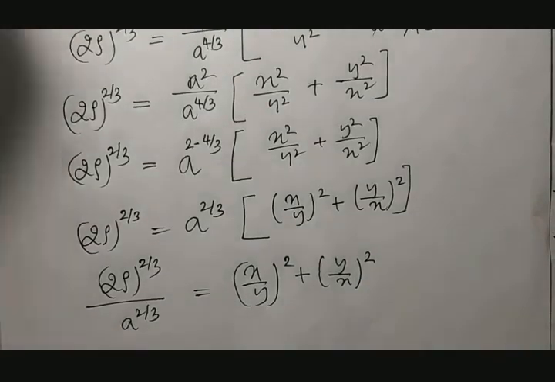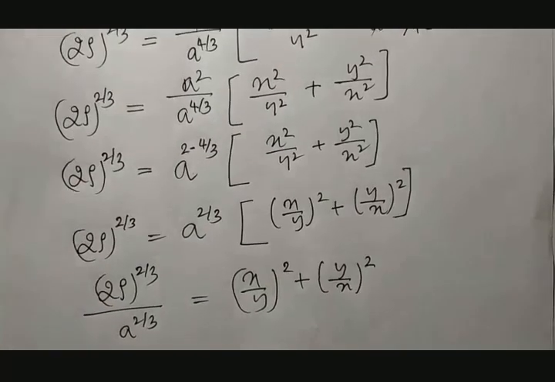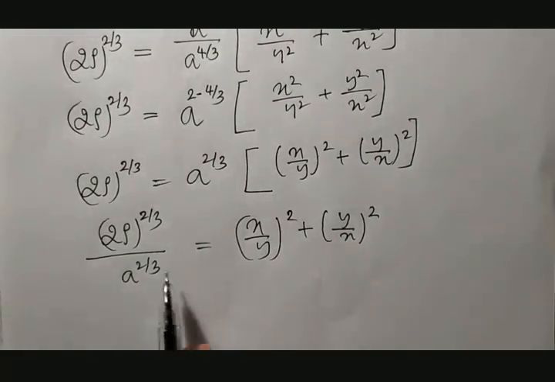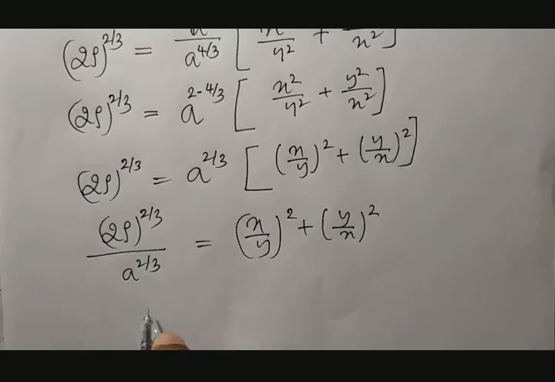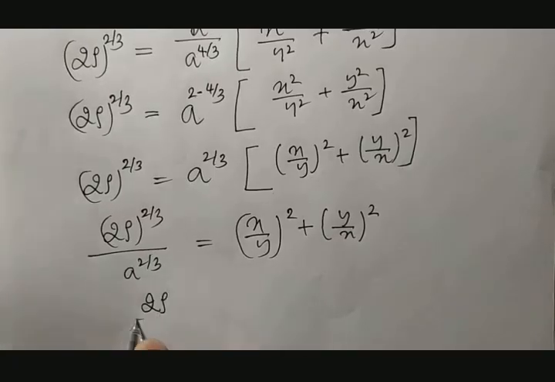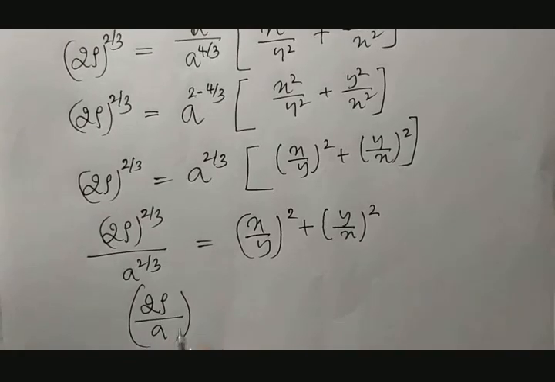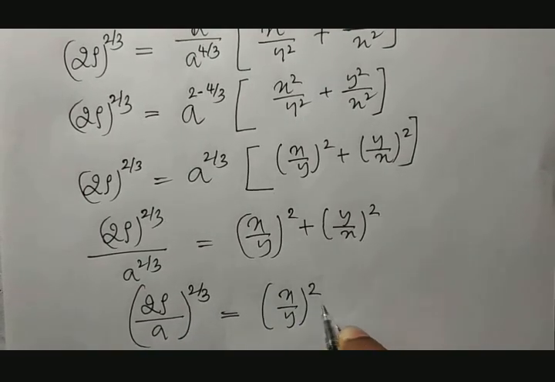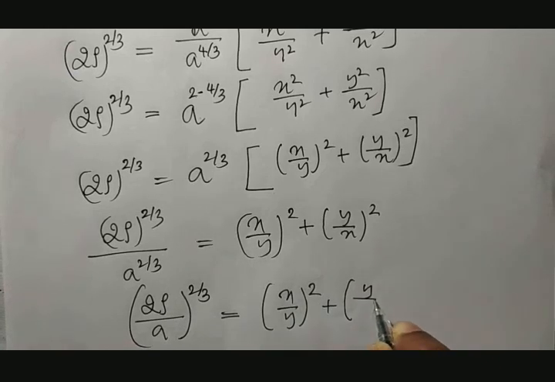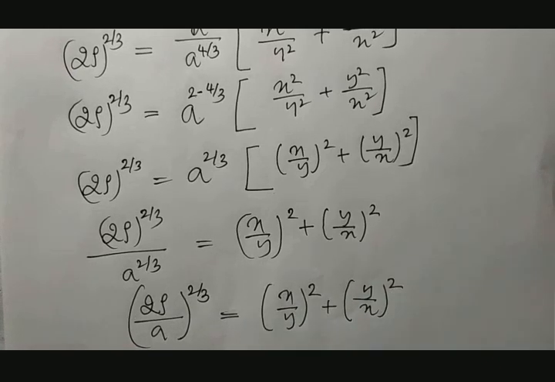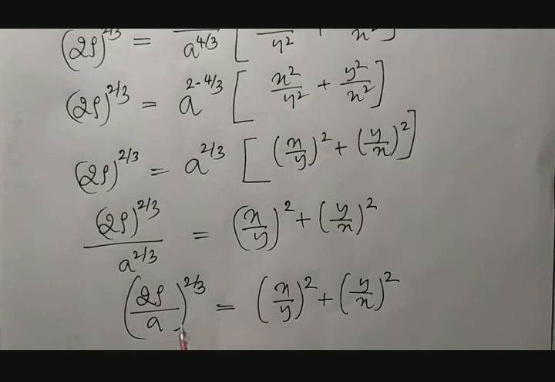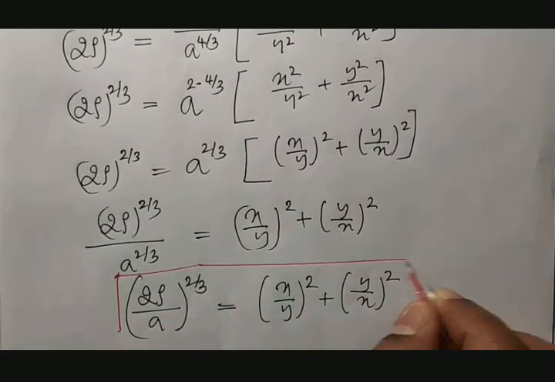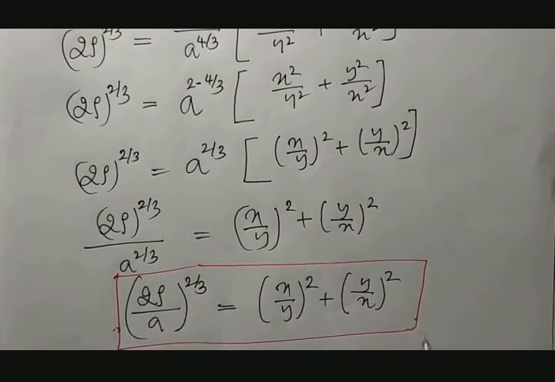Therefore, finally, we can see the power is the same. The power remains the same for this. Then it can be written as 2 rho divided by a, that raised to 2 divided by 3 is equal to x by y the square plus y by x the square. Therefore, this is the required result which contains